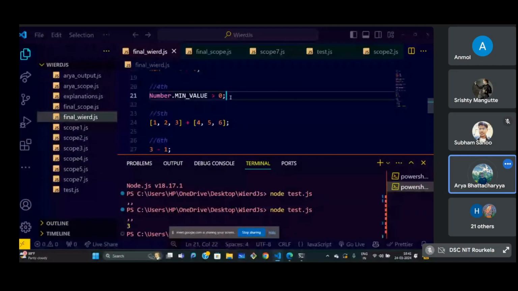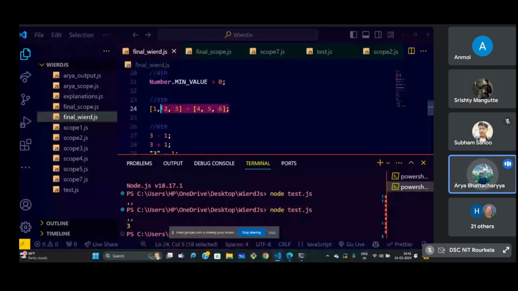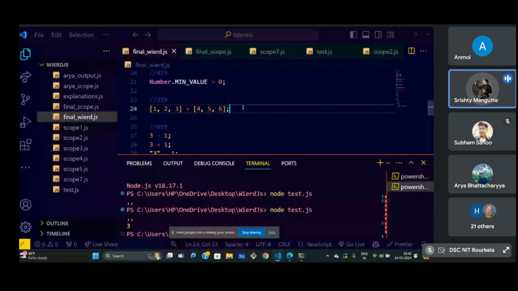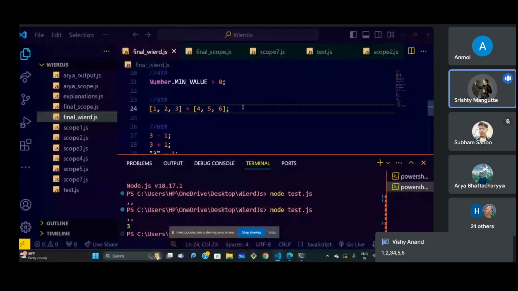This will return true. Okay, and try out this one. This is based on string concatenation. If you have seen earlier, this array gets converted to a string when we are adding them. The plus operator concatenates them. So answer the question based upon that. Before that, in any other language, whether it's C, C++, or even Golang or Python, can we add two arrays or two lists? Is it possible to add two arrays in any other language?